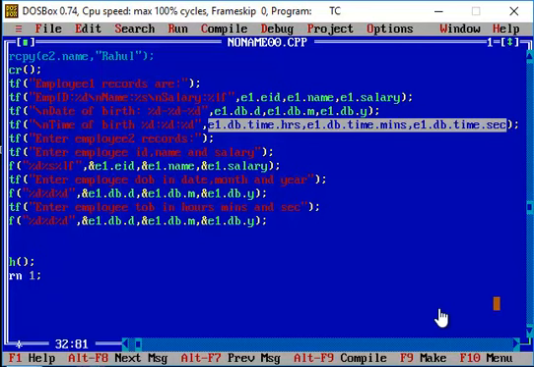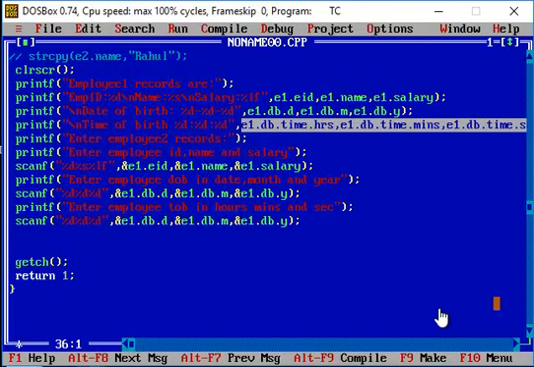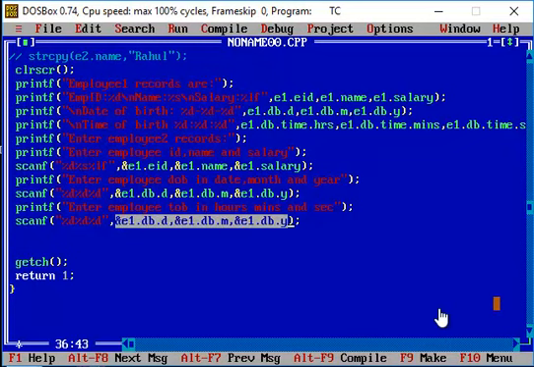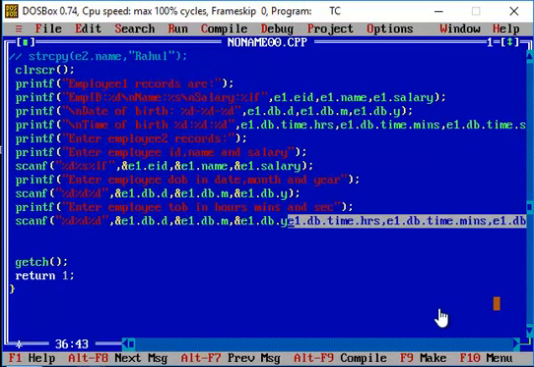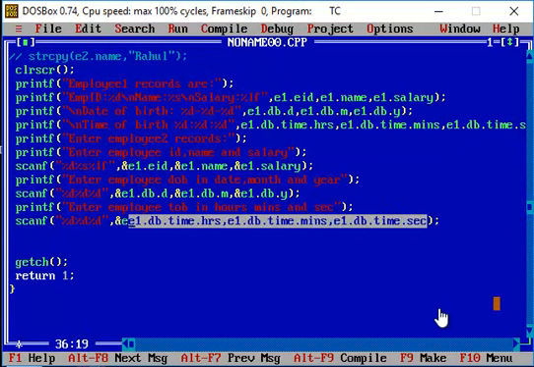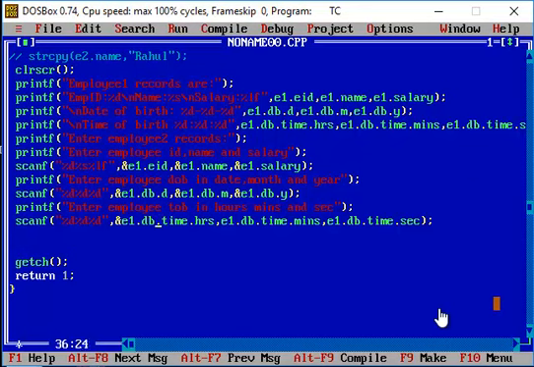So here I'm just going to enter the values. I'm just going to make use of the ampersand symbol across everything: ampersand e1 dot db dot time dot the corresponding hours, minutes and then the seconds.